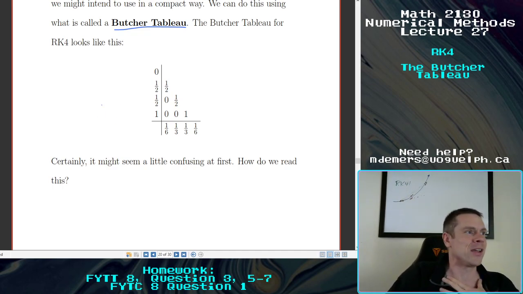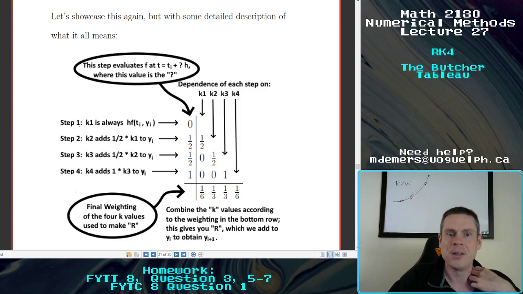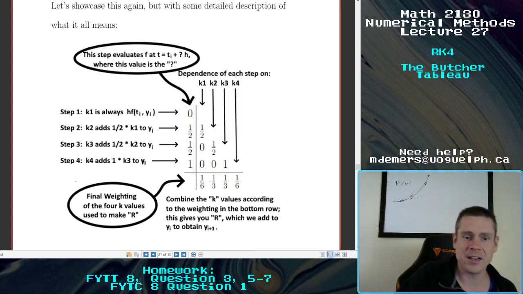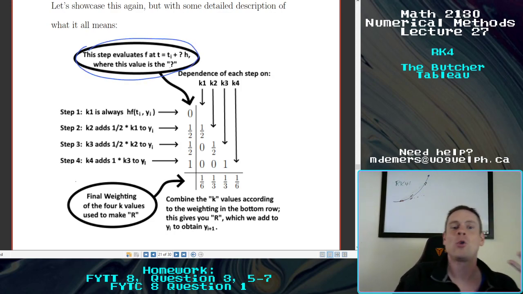And then I was like, God, this is confusing. I need a better way to convey this to students. And so I came up with this. I don't know if it's helpful, but there's a little chart here. This is going to go through the very same thing that I described, but put it in kind of a graphical form. So I have here in this top bubble, this step evaluates f at t equals ti plus question mark